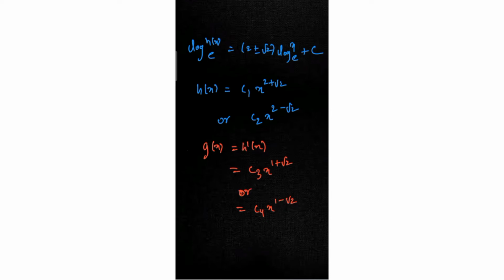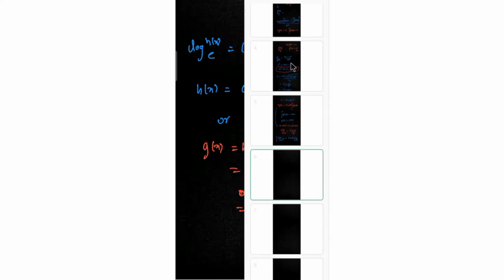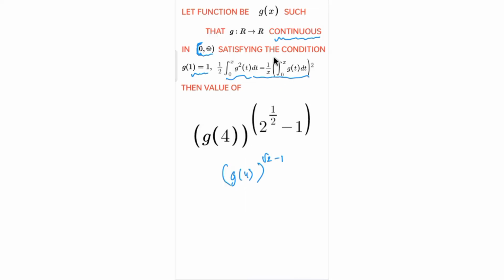Now what will be my g of x? How to decide it? So come to the first condition here, where we'll understand this: continuous. What does it mean, continuous? The function is defined, very much defined. Now if I consider g of x to be c4 into x power 1 minus root 2, that is c4 into 1 by x power root 2 minus 1, and we can just say from here that it's not defined at 0. G of x is not defined at 0.